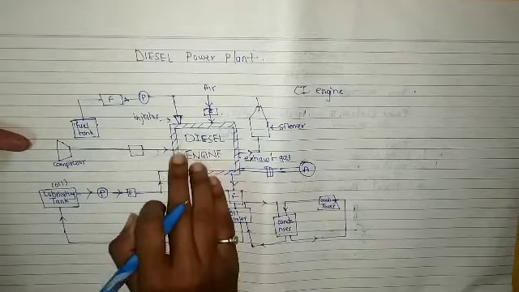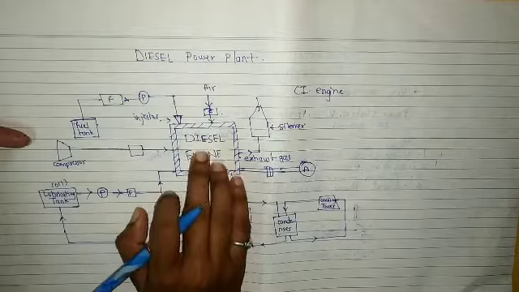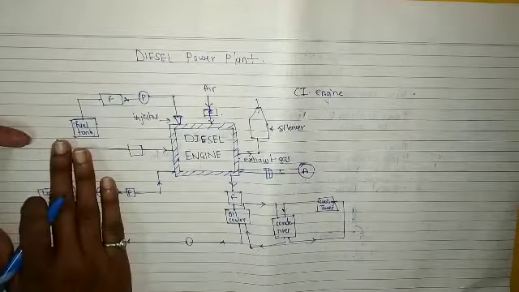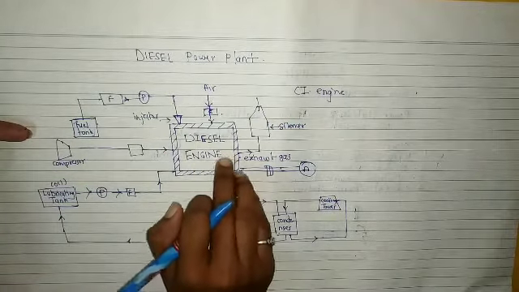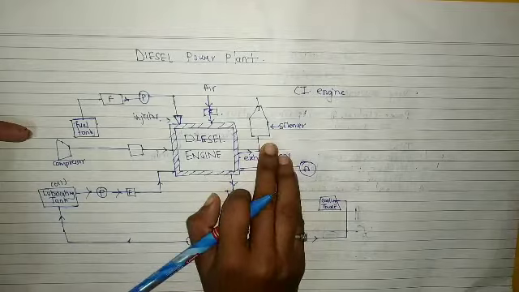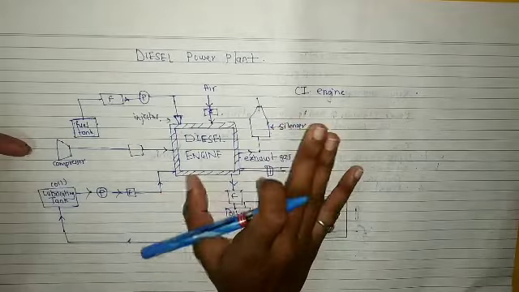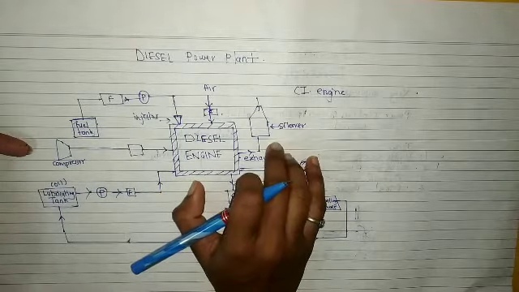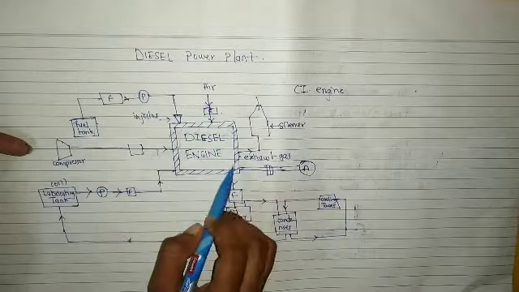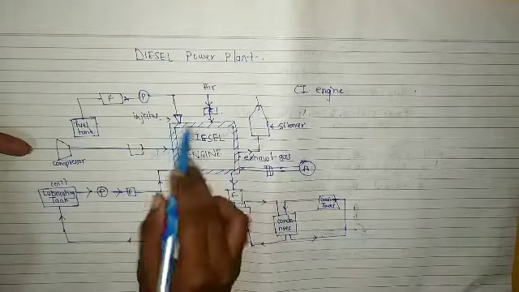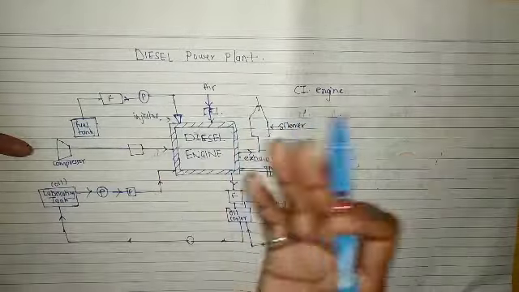Now, the gases will be generated, right? The gases are generated similar to the thermal power station. Now these gases are removed. These are the exhaust gases and they are given through the silencer. Why? Because they produce a lot of noise. To avoid this, they are given to this silencer. And this diesel engine also has this covering, right? This also works as a silencer. The noise inside will not come outside.